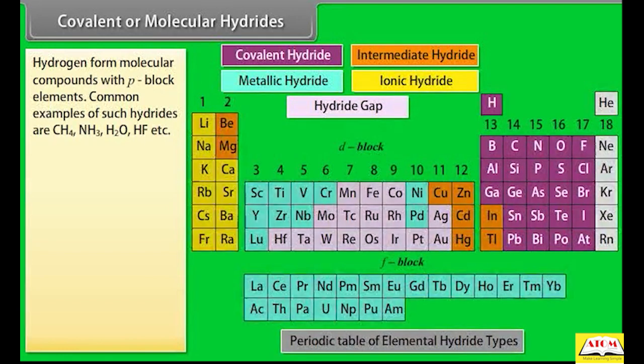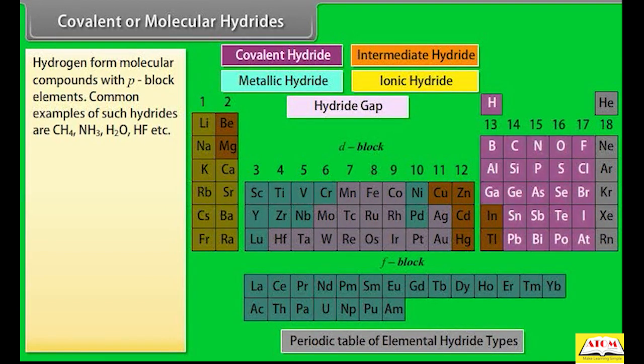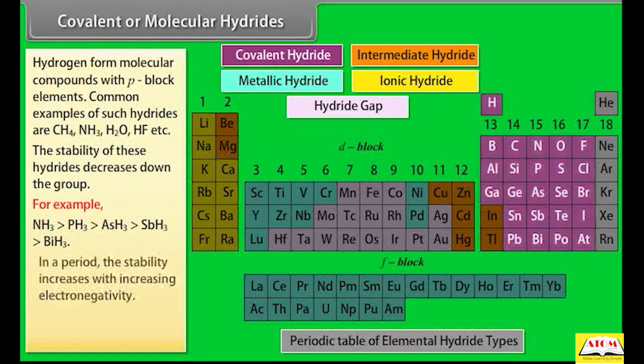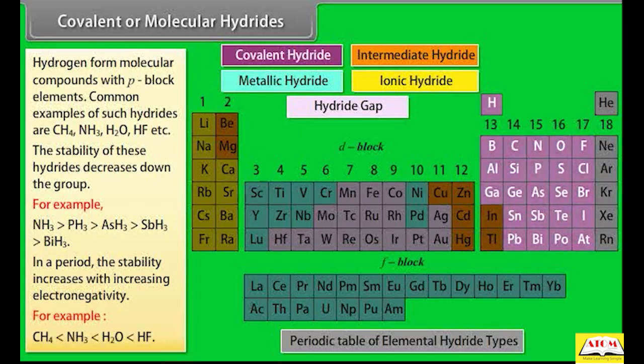Covalent or molecular hydrides. Hydrogen forms molecular compounds with p-block elements. Common examples of such hydrides are CH4, NH3, H2O, HF, etc. The stability of these hydrides decreases down the group. For example, in a period, the stability increases with increasing electronegativity. For example,